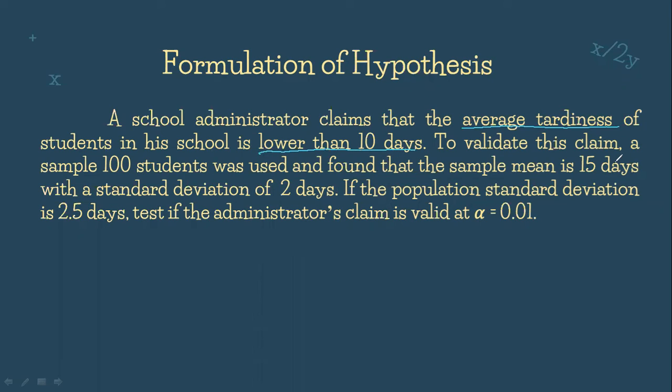To validate this claim, a sample of 100 students was used and found that the sample mean is 15 days with a standard deviation of 2 days. If the population standard deviation is 2.5 days, test if the administrator's claim is valid at the level of significance